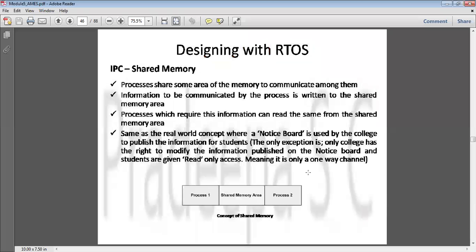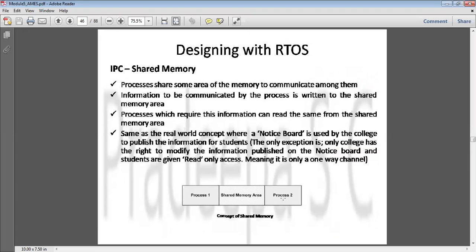First we will see what shared memory is. This is one of the methods where two processes want to communicate with each other. Just see here in the block diagram, there are two processes that want to communicate. How are they communicating? Whatever data they want to share will be kept in the memory. Just think that for whatever data they are sharing, they only have the privilege of reading. They cannot modify anything. That is the shared memory concept. The two processes communicate with each other with the help of the shared memory concept. An example is given here.